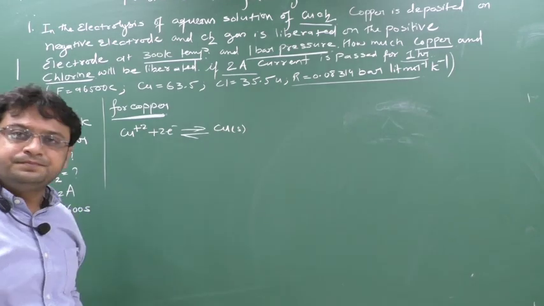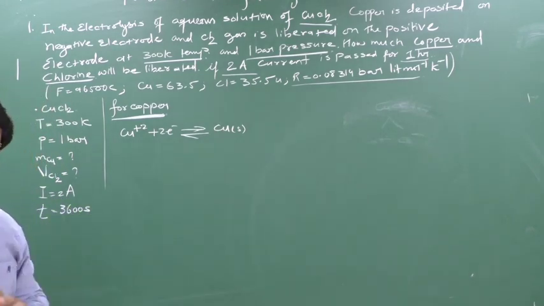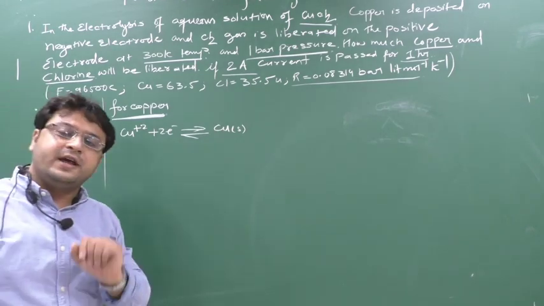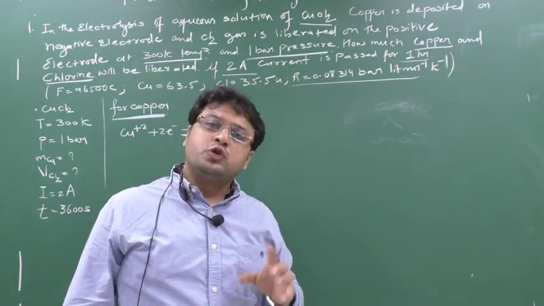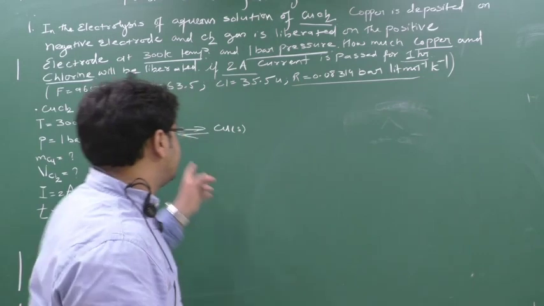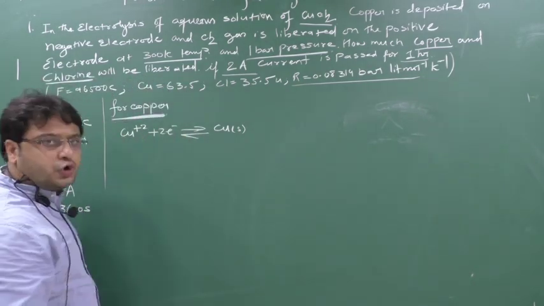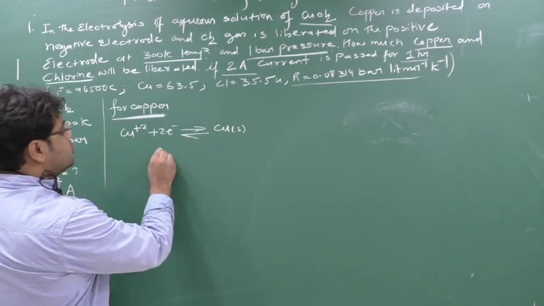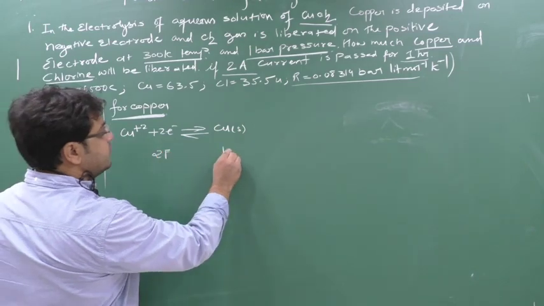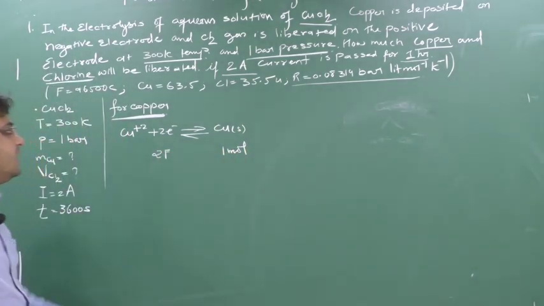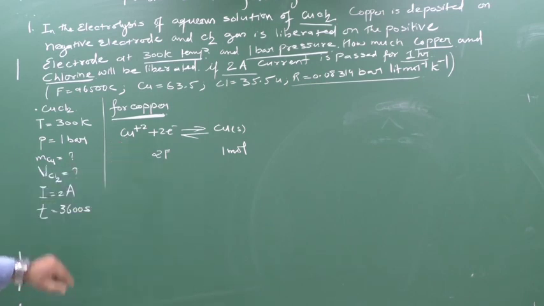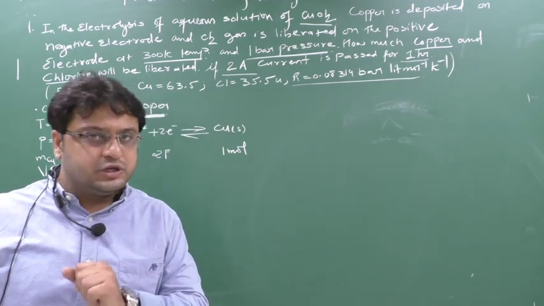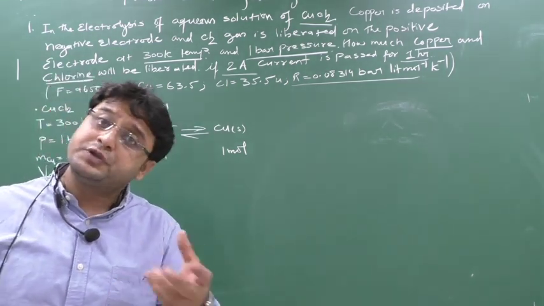Here also 0. Now last class we learned the number of moles of electrons is nothing but a what? Faraday. Yes or no? 1 Faraday equals what? 1 mole of electrons. 2 Faraday means 2 moles of electrons. So I can give the stoichiometry relation which says 2 Faraday, here 1 mole. When I wrote Cu plus 2, why have I written Cu plus 2? Because the electrolyte they have given is CuCl2. In CuCl2, Cu is in the form of Cu plus 2.